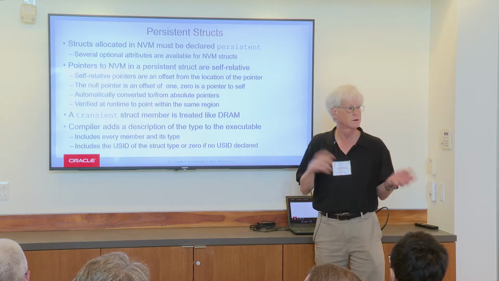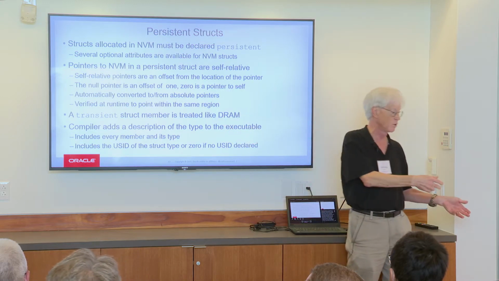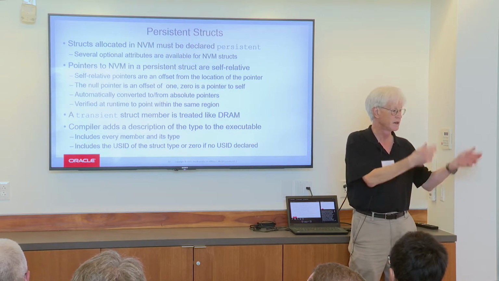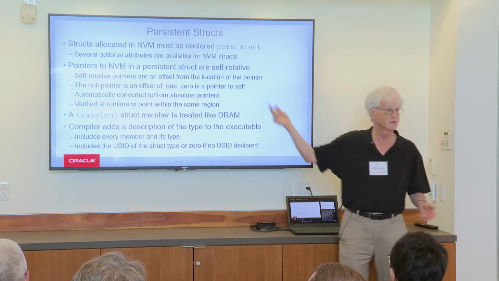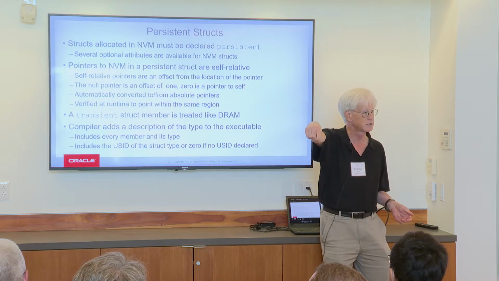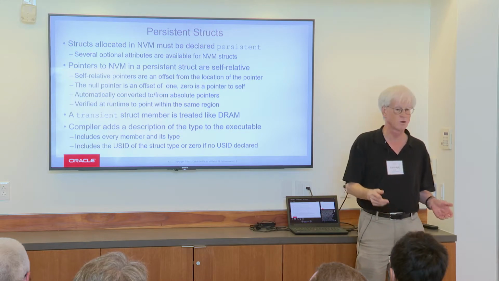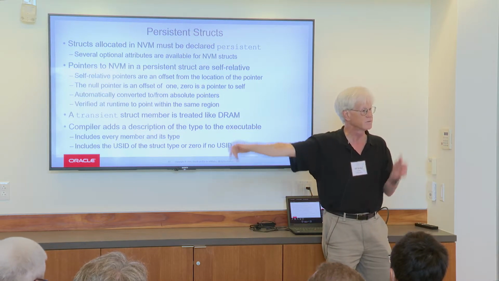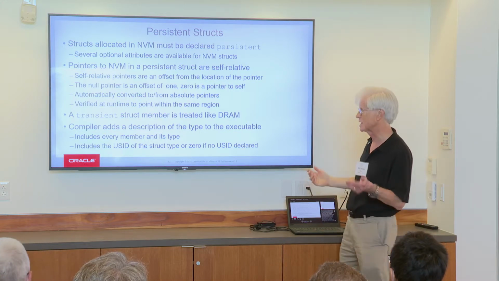If you store the address of something in NVM into a pointer that lives in DRAM, that pointer will be a normal pointer. If you store the same thing into another persistent struct in NVM, it becomes self-relative. And if you try to store between two different regions, that's an error, because you can't do transactions between regions,